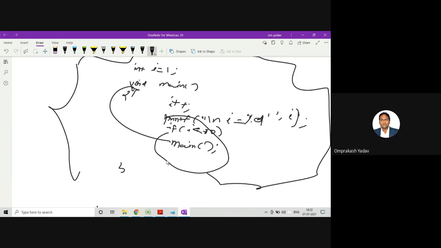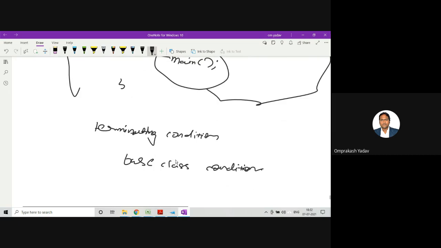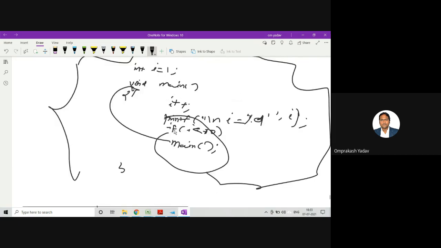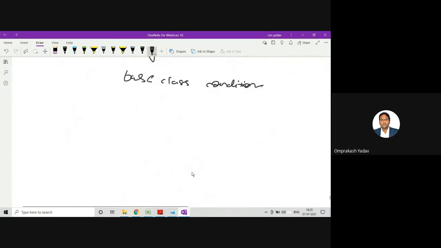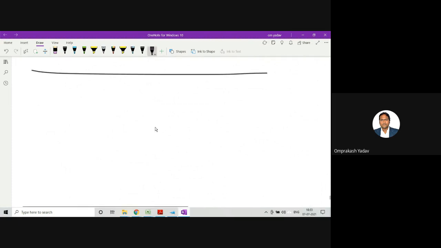One more thing, what is the advantage of this recursive function call? So a recursive function call is a little bit faster than the normal function call, and the values are stored in the stack, so removal from the stack and all, it becomes really fast for the recursive function call. Second thing, the major advantage is, in the recursive function call, it is going to divide a large problem into a smaller problem.